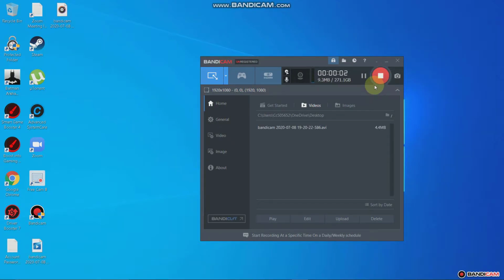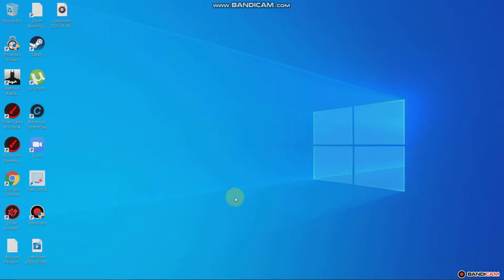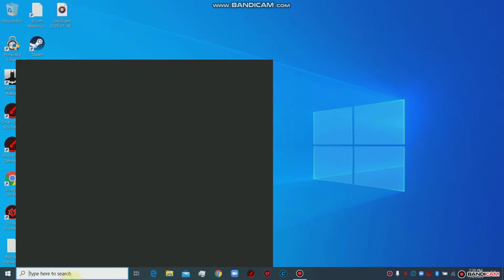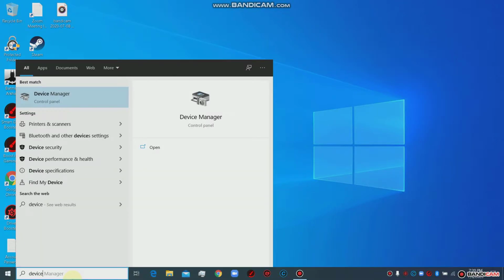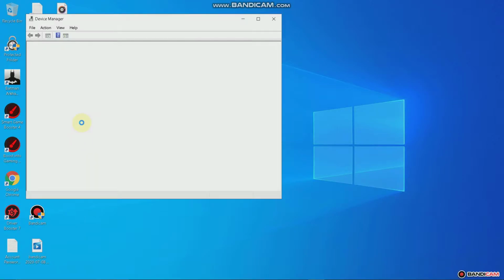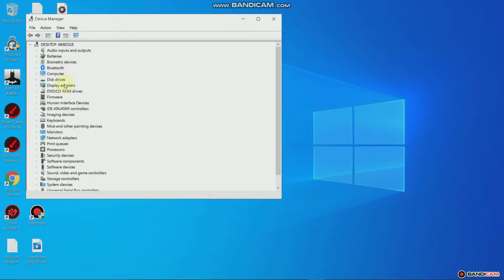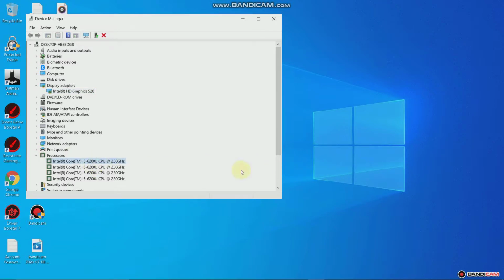Hello, and today I'm going to show you how to play Batman Arkham Knight on an Intel Core i5, which I will show you right now because I do not want any leaks. That I don't have that. And now, as you can see, I have Intel HD 520 graphics, and my processor is an Intel Core i5,